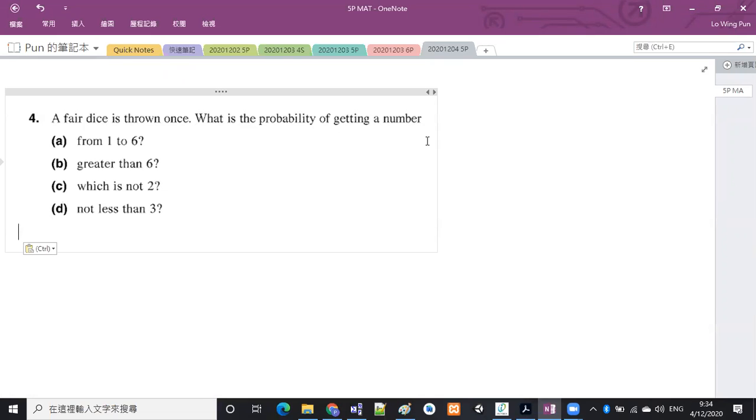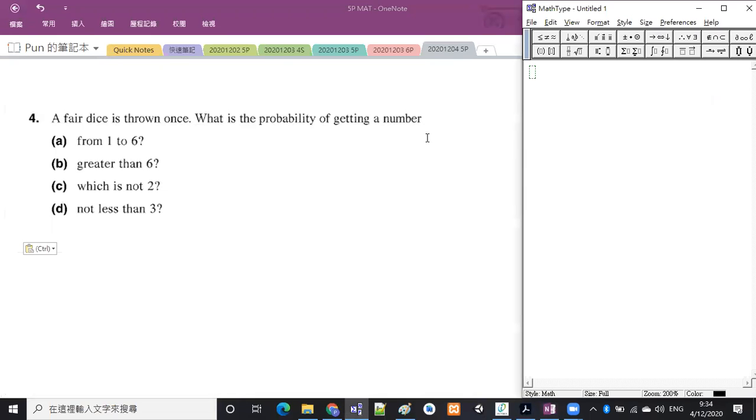So let's check the answers. Number 4, if fair dice is thrown once, what is the probability of getting a number from 1 to 6? What is meant by a fair dice? A dice is a cube with the numbers 1, 2, 3, 4, 5, 6, okay, with the dots，即係粒色仔啊，OK。fair